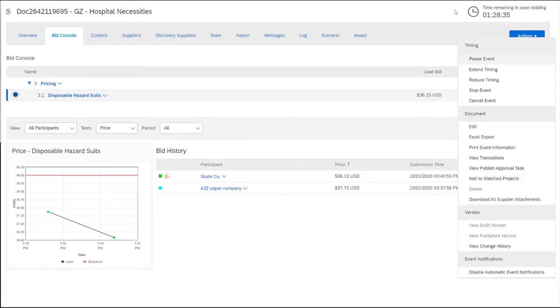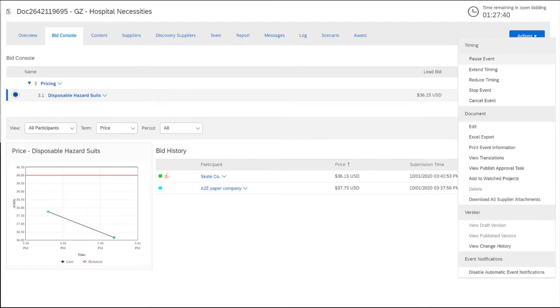For example, parallel events: this timing is controlled at the event level, and extending or reducing the timing for an individual lot is not possible. Another example could be when running a serial auction event. The timing is controlled at the lot level, and timing for each lot can only be modified when it is in the open status. If you wish to modify the timing for multiple lots, each lot will have to be